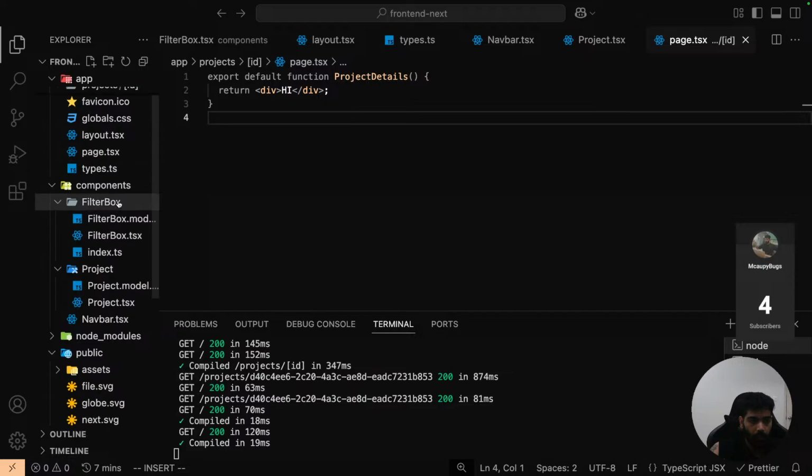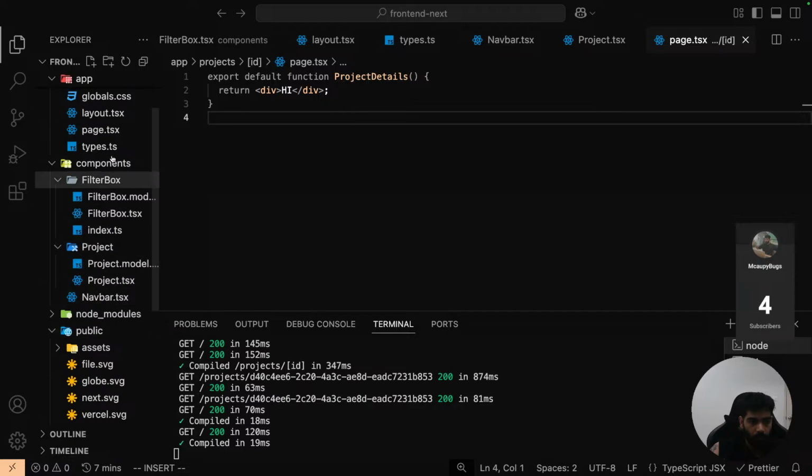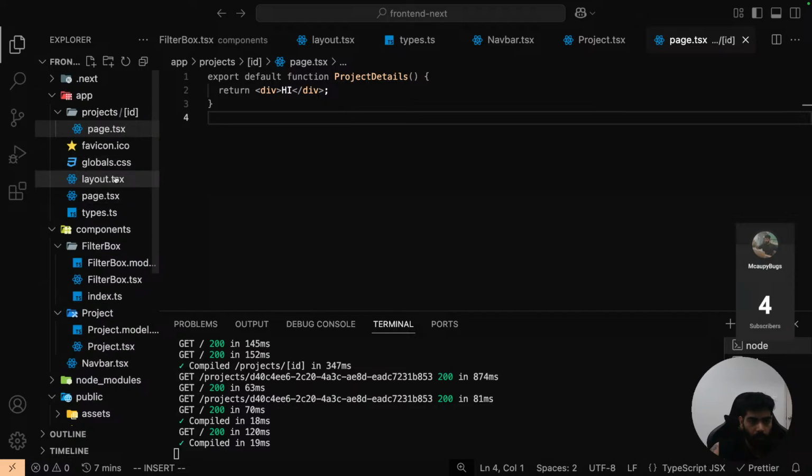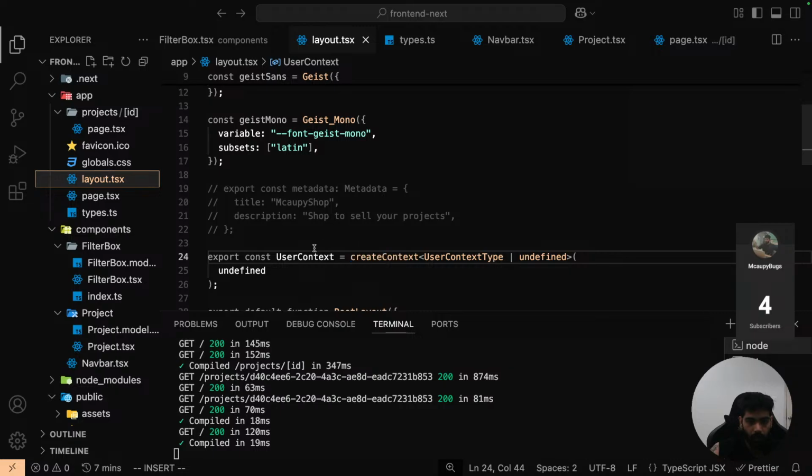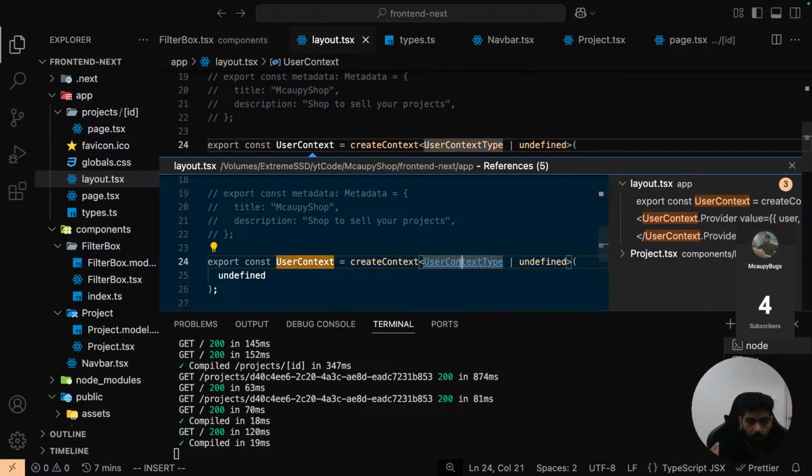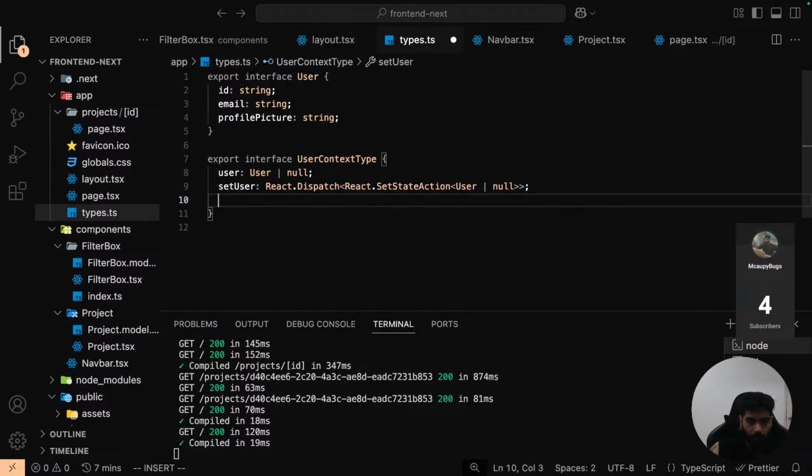Okay, I think that's the only way that I see now, which is to go up here in the layout and change this user context, because by